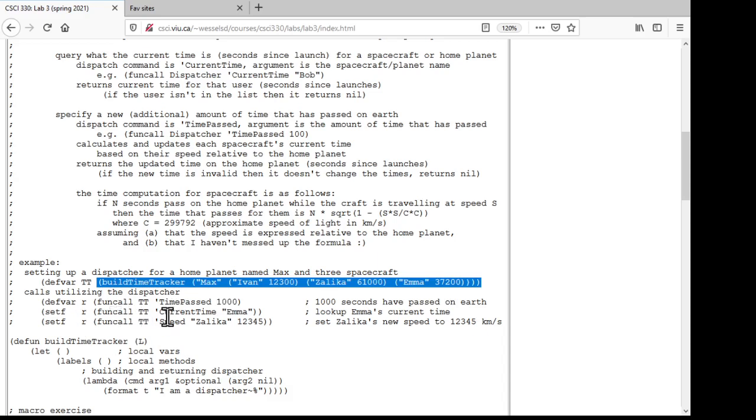I can go through and look up. So I'm just using R to keep track of whatever these function calls return. Now I'm going to say, okay, based on that, what's the current time for the Emma spacecraft? Or let's change the speed of the Zalika spacecraft. So we're just going to go through this process over and over again, issuing new commands. Whatever's happening here, when we introduce a new amount of time passed on Earth, of course, that's going to introduce new amounts of time passed on each of the different spacecraft that we're going to have to go off and carry out. So the skeletal version that you're given is, again, just following that